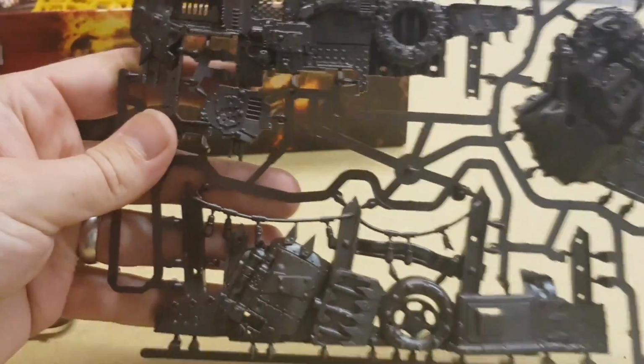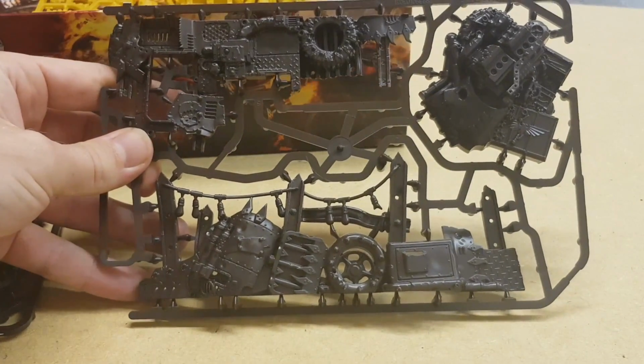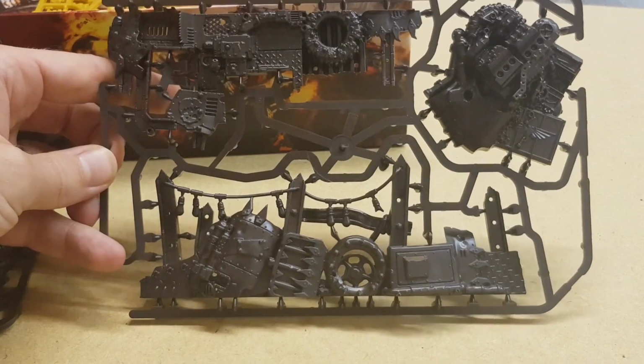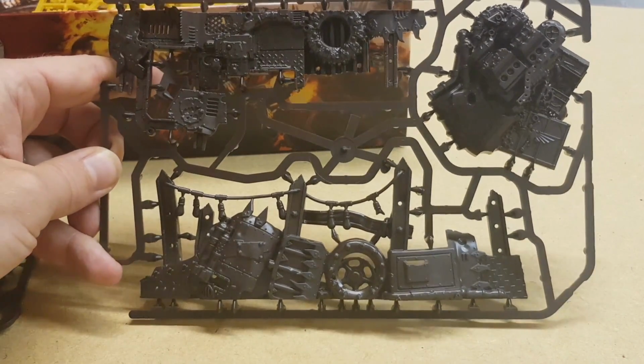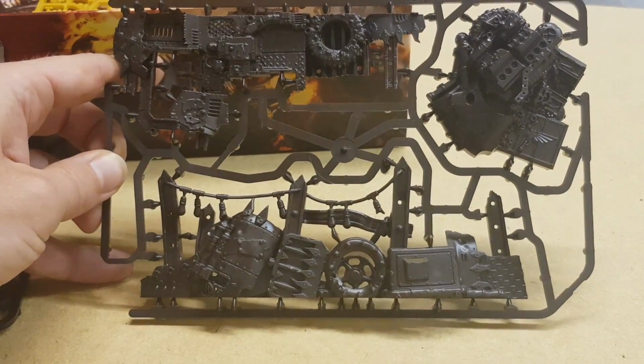Let's move on to the terrain next, shall we? So these would be the scrap piles. 2 sprues, looks like 3 bits on each sprue. So you can see right there, sort of 3 bits of scrap on each sprue. Just general sort of scrap piles really. Could be useful, could use some of those potentially as objectives. Maybe in a full game of 40k as opposed